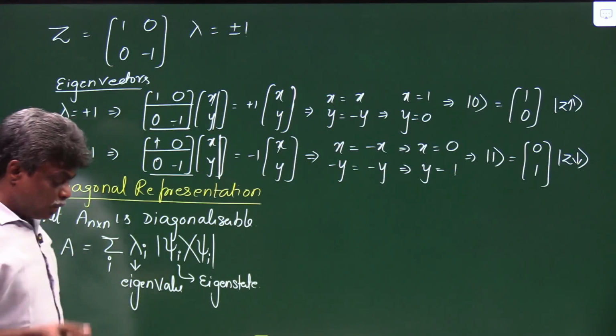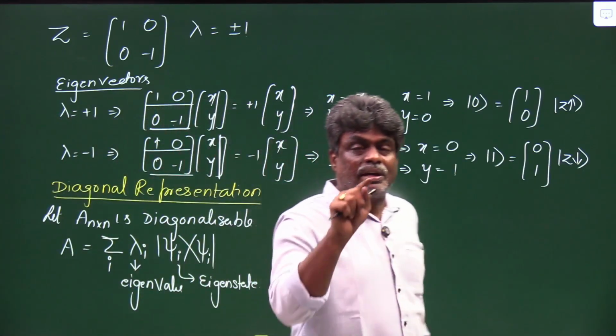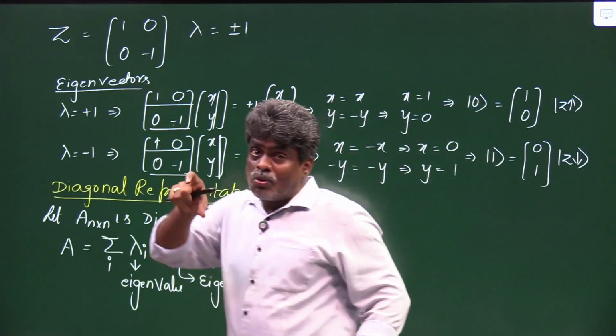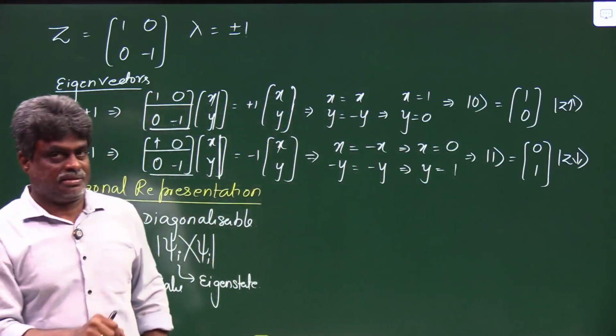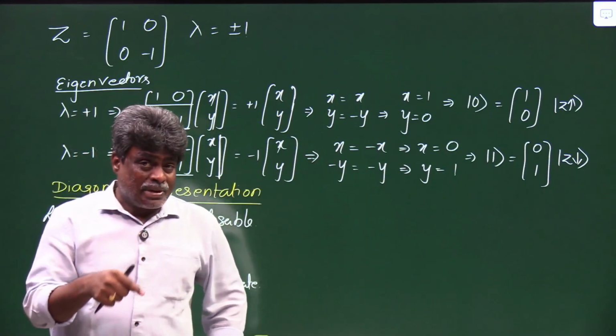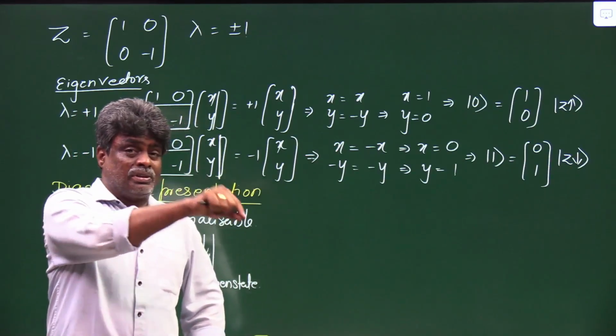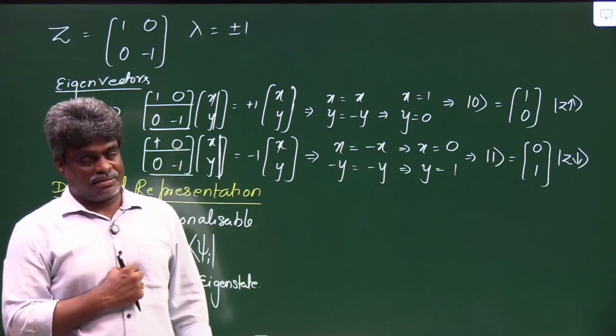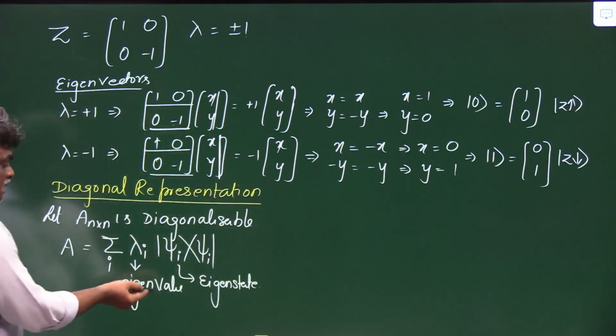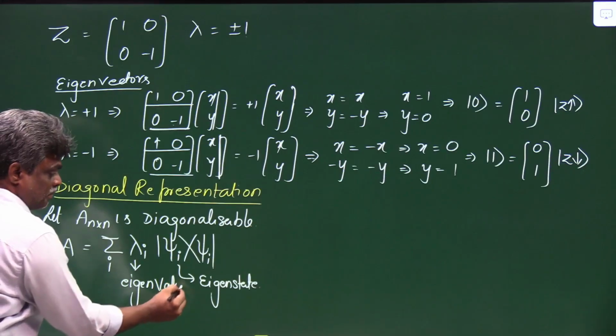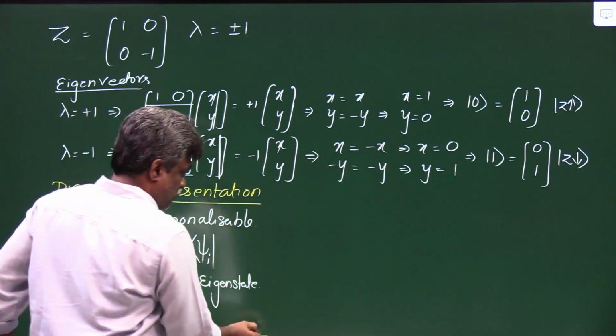Okay. So if the matrix is diagonalizable, we can write it as a linear combination of outer products of its eigenvectors, and the coefficients are nothing but eigenvalues. Okay, so according to this,